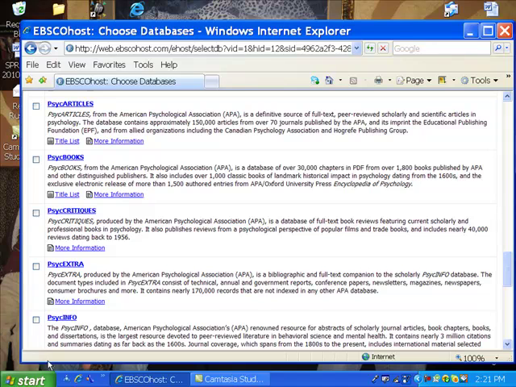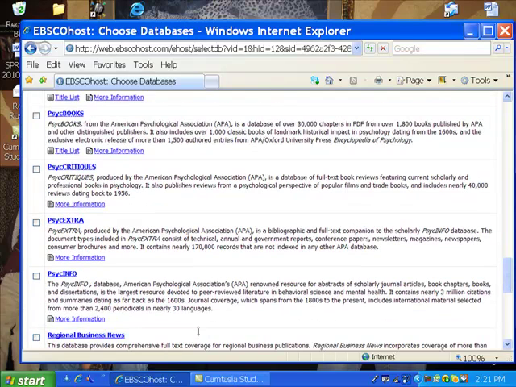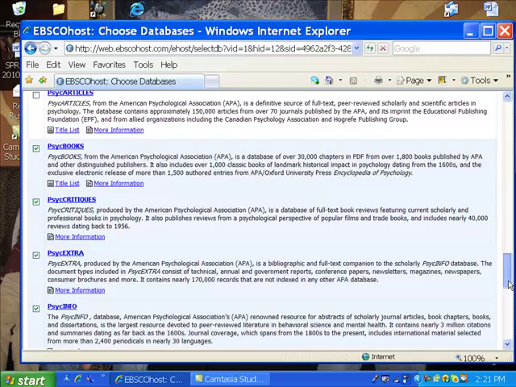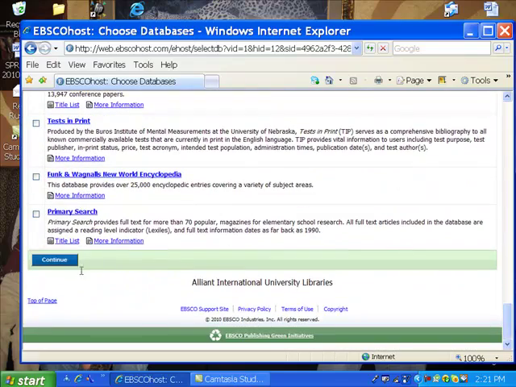It's a better choice to come down to PsycInfo, which will include those same 70 journals in full text, but an additional almost 2,400 journals. So these may be abstracts, but you may find that we have them in print, or you can get them other places, full text. So let's click that. It won't hurt if you click Psych Articles, but this is just a little bit quicker way to do it. Okay, and I also like to click the other things in the Psych bank of databases. So let's go down to the bottom and continue.